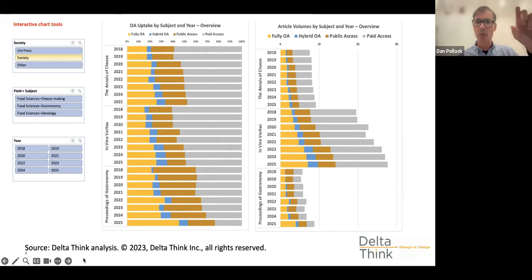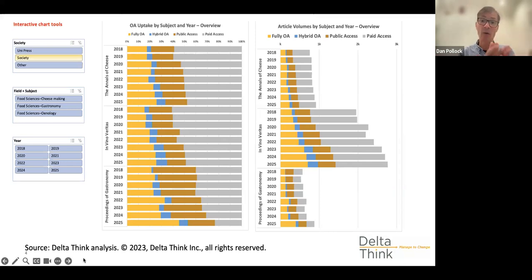We've got three groups of bars reading top to bottom for our three fictitious journals, which, my screen's a little bit small, so I can't read them. But I think it's reading from top to bottom: we've got the Proceedings of Gastronomy, the bottom third. In Vino Veritas is the middle third. And then I think the Annals of Cheese is on the top. So there's our three fictitious journals. They could apply to any journal. They could be looking at what you publish, what you subscribe to, depending on whether you're selling or buying, or we can apply this across the whole marketplace. So we can look at across the subject area. But as I said, we thought we'd just take three examples to give you a sense of how we might start to look at this.